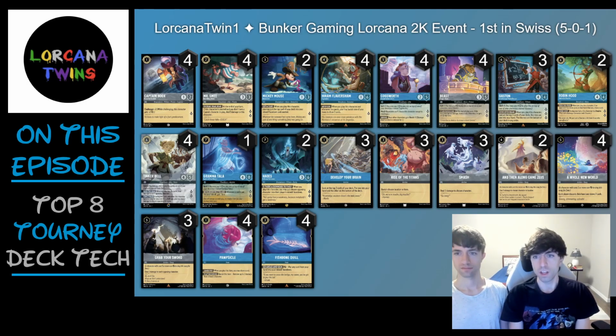But it's still not developing your board any further, but it can shut down anything in a really important spot. Especially, it was included in there for the new legendary Ursula in Emerald, which is kind of funny because you didn't play against any Emerald decks all day. I was so surprised. I thought I'd be seeing a lot of Emerald decks, but I didn't personally have to play